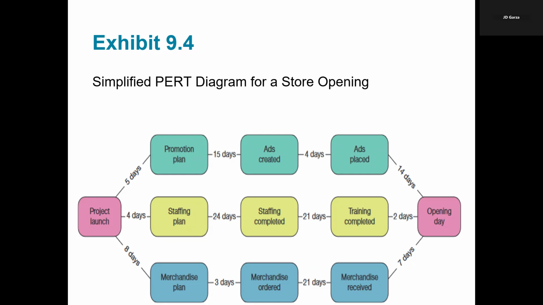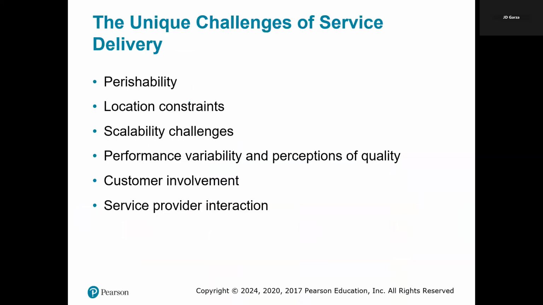So why use it? You're probably asking yourself, why do we use it? This is an effective tool for planning, scheduling, and coordinating complex projects. It also allows for better decision making, particularly in managing tasks with dependencies, ensuring that projects are completed on time. And this diagram is especially useful in scenarios where tasks are interdependent, as an example, providing a clear visualization of how delays in one task can impact the other.